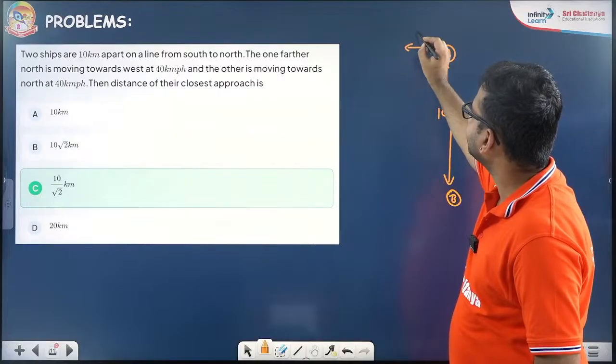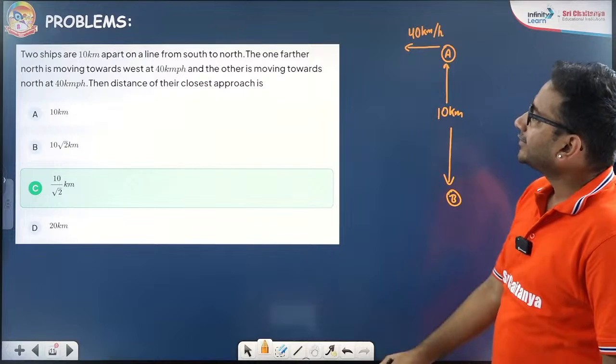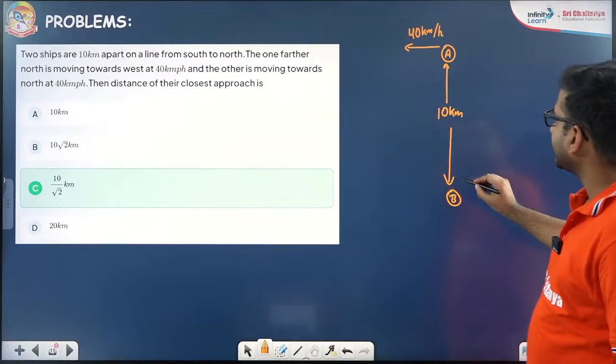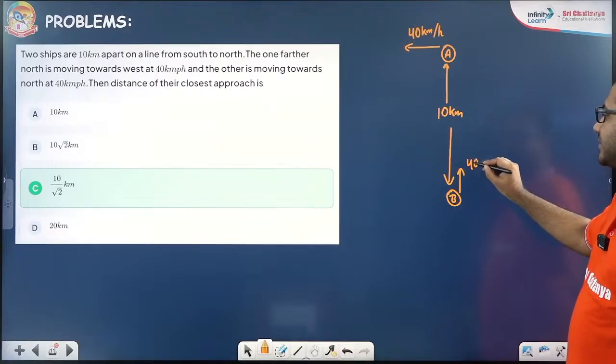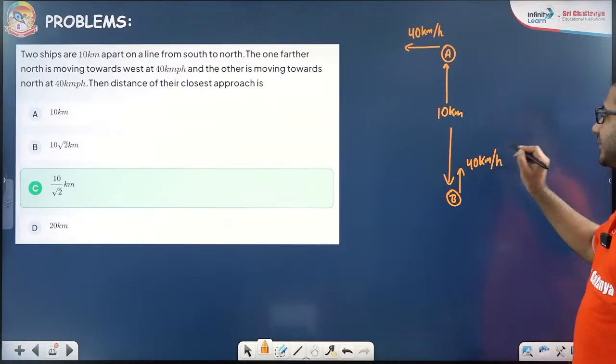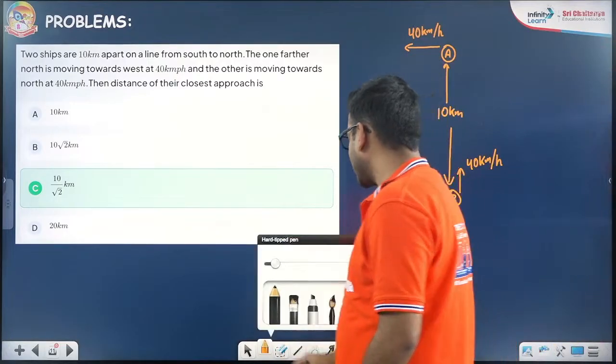So which one is in the north? That is moving towards west at 40 km per hour. And the other is moving towards north. The one which is in south, that is moving towards north with the same 40 km per hour. Can you see the symmetry here? All right, symmetry is already there. The distance of closest approach is,